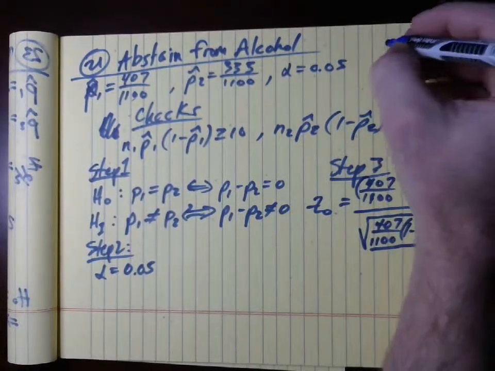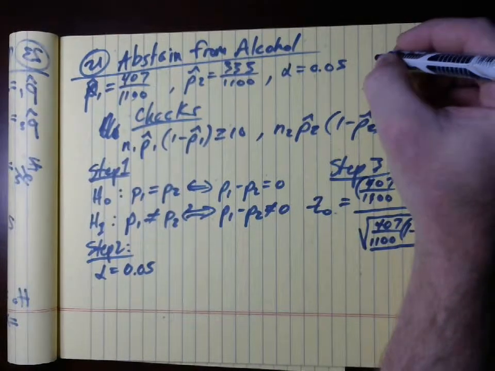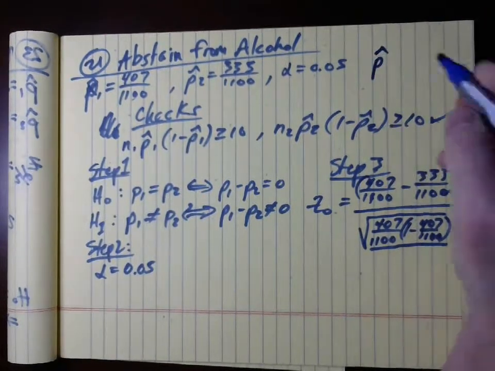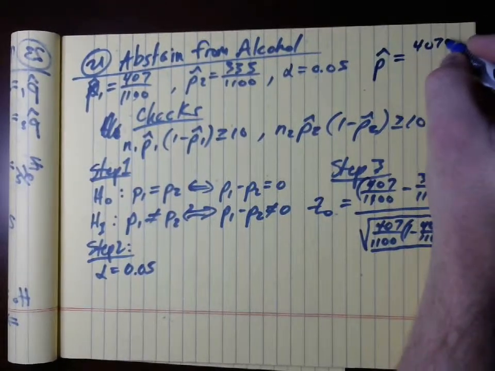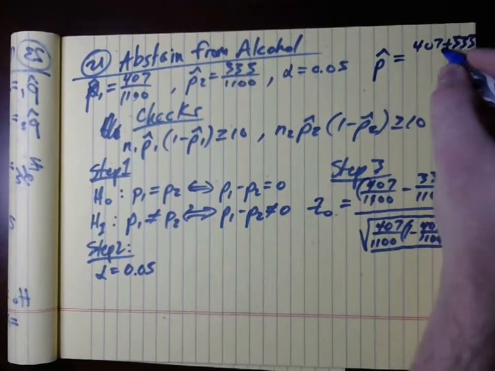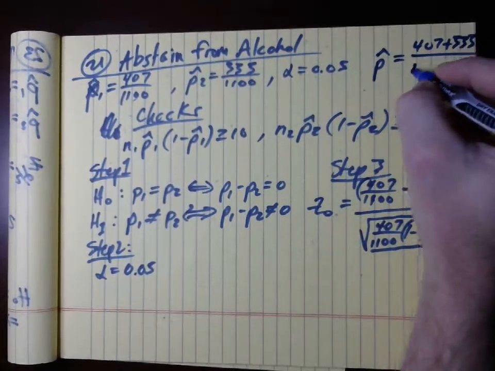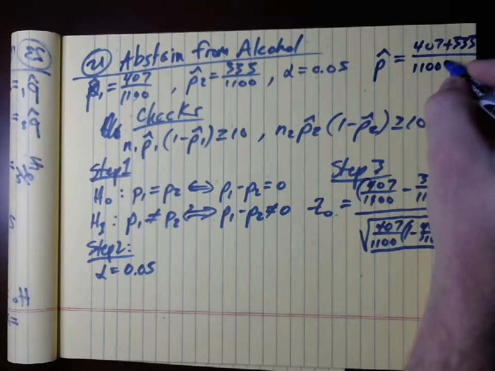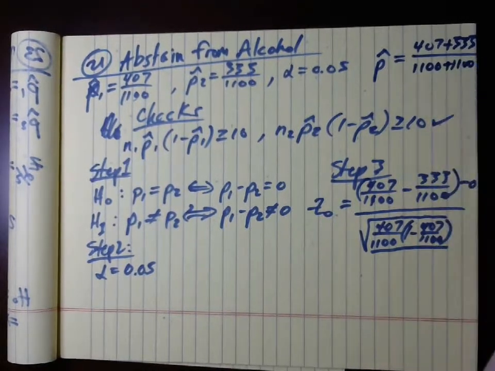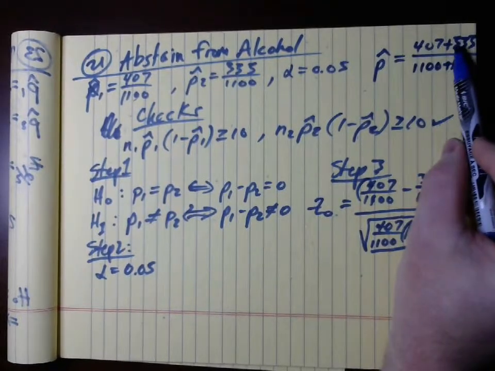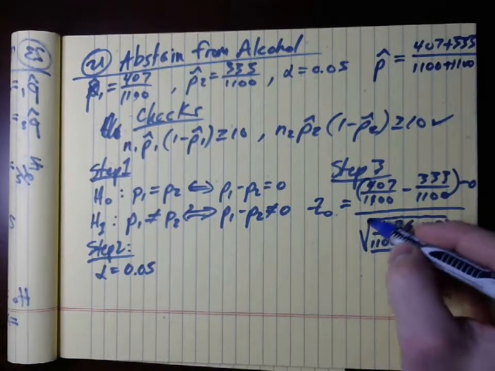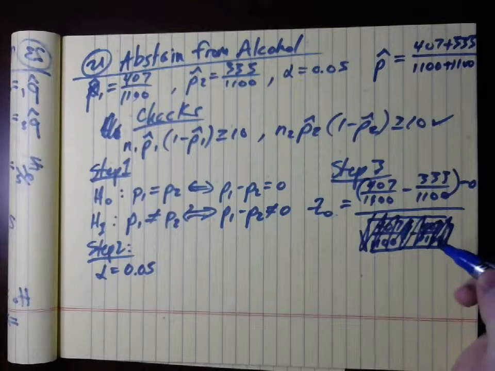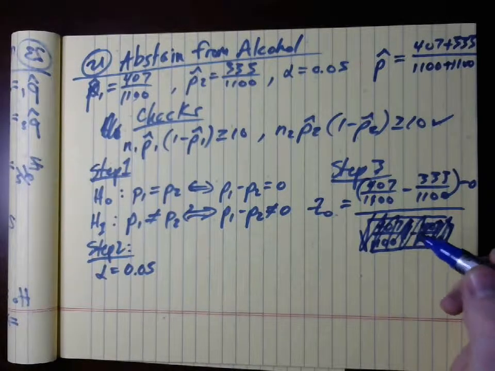Now that's the other piece of information we would want, which is the pooled proportion, which is equal to 407 plus 333 divided by 1100 plus 1100. Okay? See that? So we have x1 plus x2 divided by n1 plus n2. Okay? That will give us the values that we need. So this isn't actually down there. What we actually have is this